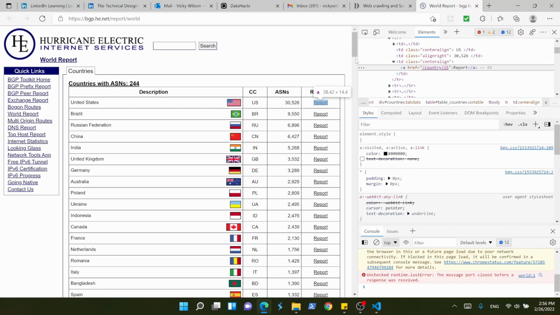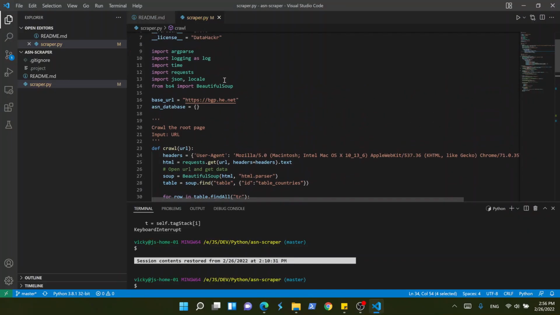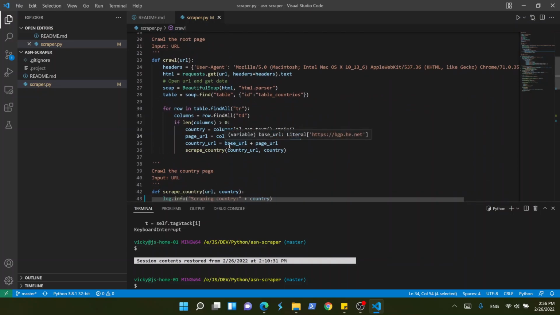The base is nothing but the root of the URL, which is bgp.he.net, which we have stored in this base URL variable here. So we concatenate both the base URL and the page URL, and we call scrape country method, where